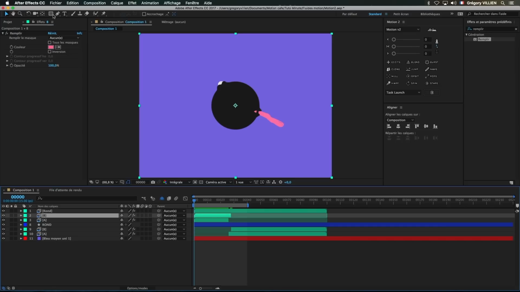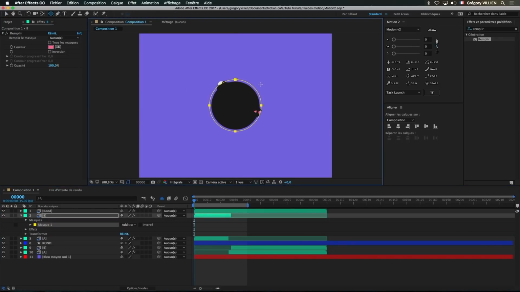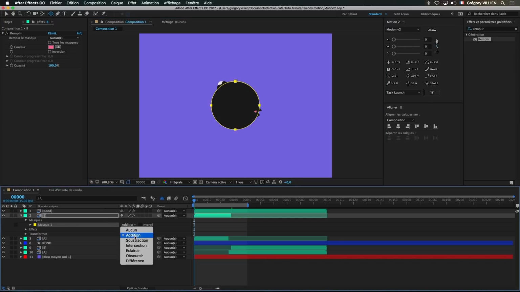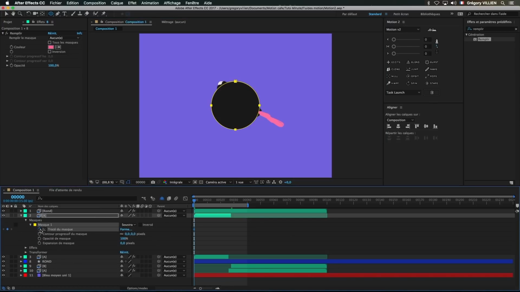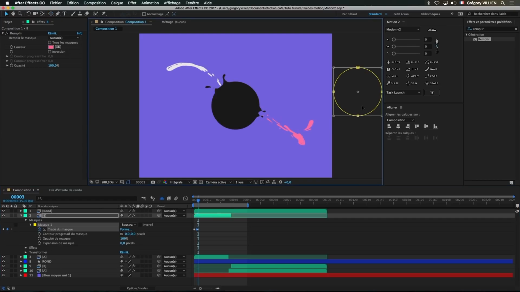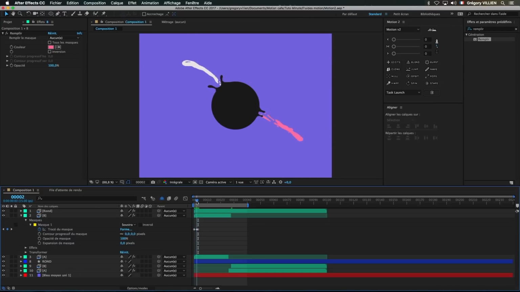What I'm doing here is analyzing where the elements are wrongly placed in front of the ball. Here, I can create a mask instead of cutting. With this mask, I'm going to delete all the elements inside of it. Then I make keyframes on this mask to adjust the timing of its action. I'm moving forward frame by frame and creating new keyframes. When the mask is useless, I make it leave my composition. That allows me to delimit my elements which go beyond the ball.